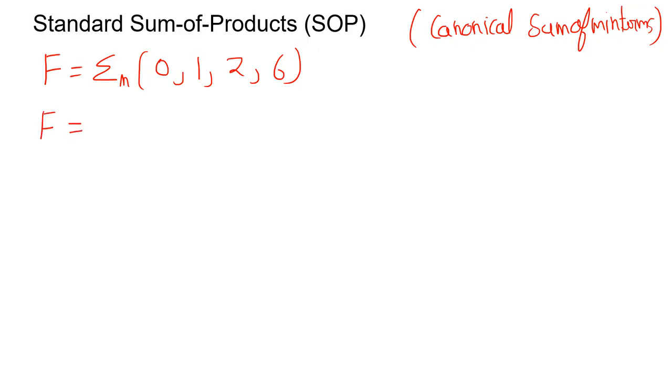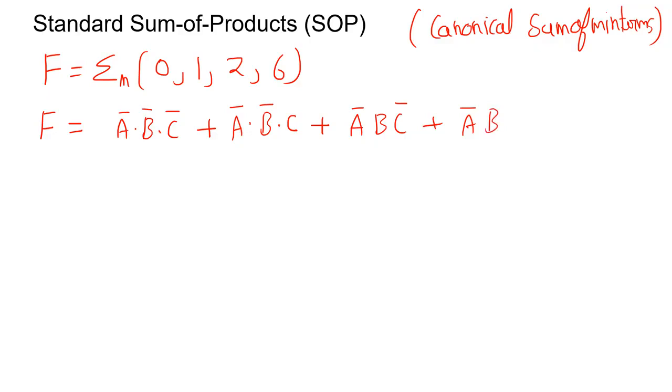It's 0, so it will be a bar dot b bar dot c bar, plus 1, it will be a bar dot b bar dot c, plus what about 2, it will be a bar b c bar. What about 6? So it will be a bar,